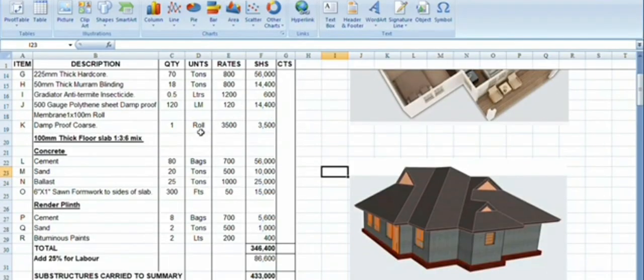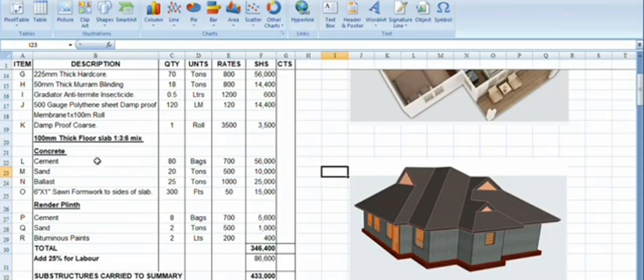Then we come to the 100 millimeter thick floor slab. So we'll need a slab after the foundation. For this slab we'll need only 100 millimeter, but remember, this varies with your soil and your location in Kenya. For standard, maybe for loamy areas, areas with loam soils, you can use a 100 millimeter thick floor slab. Where it is swampy, with too much water at the ground, you can add a 150 millimeter thick